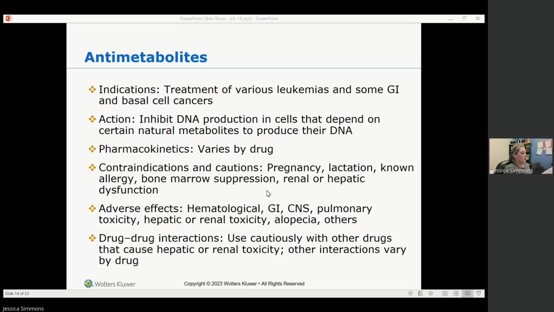Methotrexate specifically can cause mucositis, which is inflammation of the mucous membranes, gastric ulcers, and possible perforation. So, especially with perforation, you're thinking about GI bleed. We want to monitor for GI bleed. What are signs of GI bleed? You have coffee ground emesis. You have black tarry stools. You want to assess the mouth for sores and provide frequent oral hygiene using soft toothbrushes and avoid alcohol mouthwashes. So the ones that really burn inside your mouth, yeah, you want to avoid those.